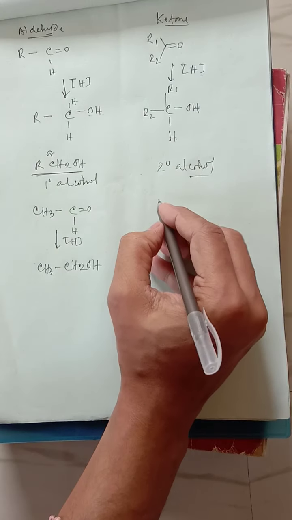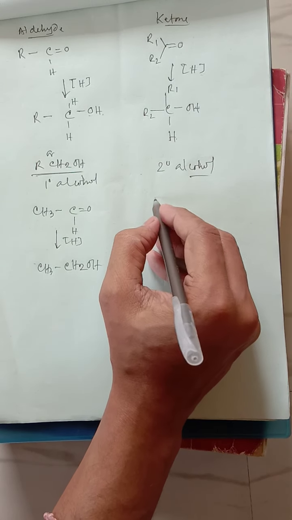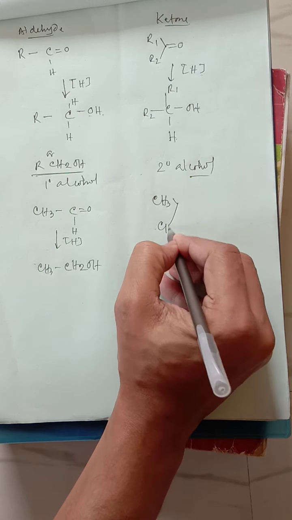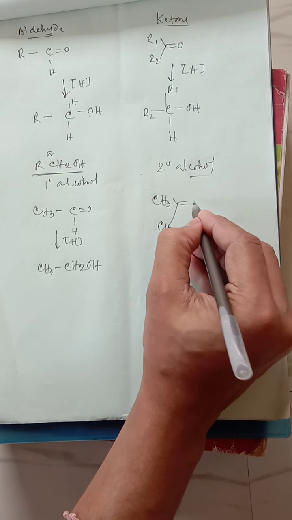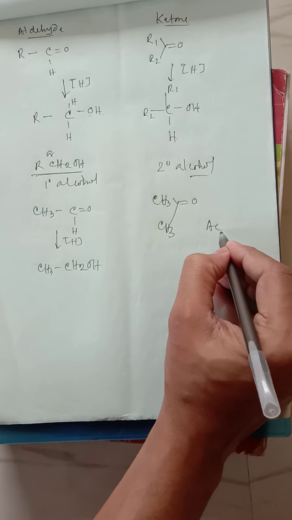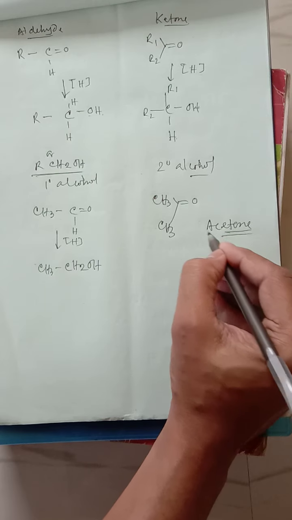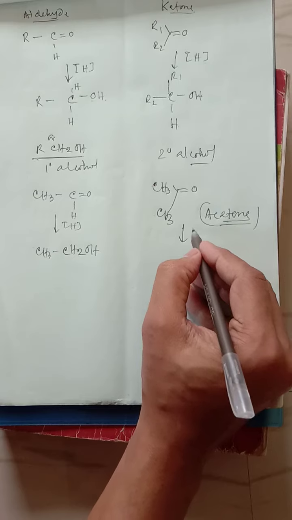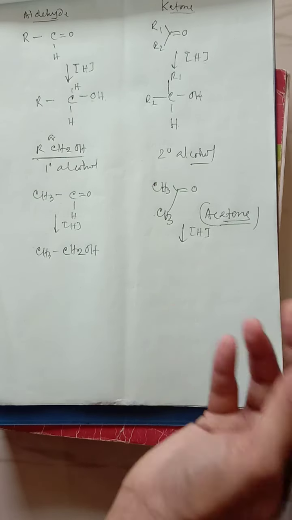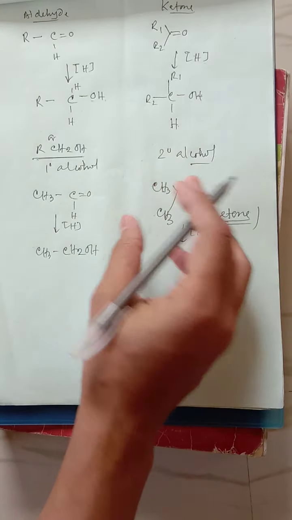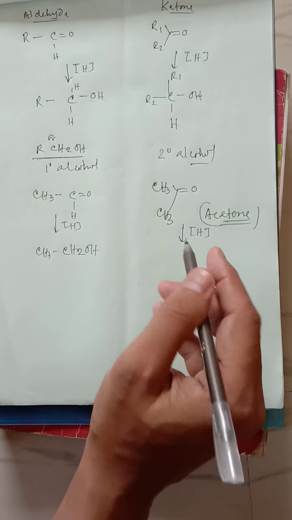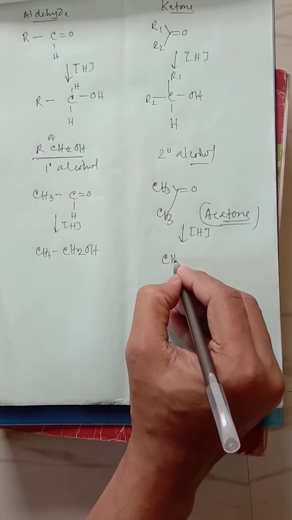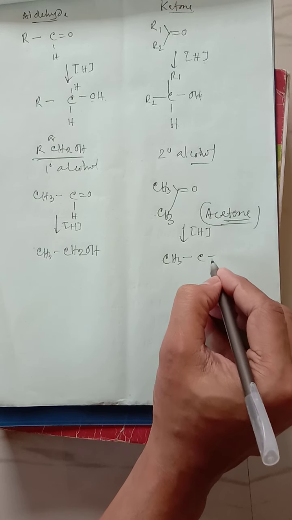It's clear now. Now moving to a specific one. Say acetone you have used. This is the acetone formula, CH3COCH3. Its name is acetone. Mind that the common name should be remembered, or the name should be remembered, because a question may be asked in terms of name also. A question may be asked in terms of structure. That means a structure can be given and the product is asked, or the name can be given and the product can be asked.